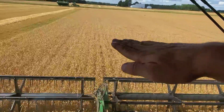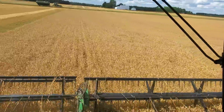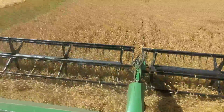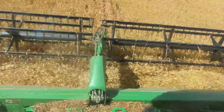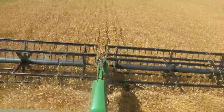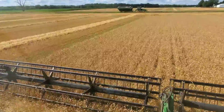Now they're kind of on varying levels. Some of them are up, some of them are down. There's some height variation there, so you've got to cut some of the stalk and the stem off and pull it through the combine. But the less material you run through it, the faster you can drive and the better job that the combine does. So with beans, we run our head in what's considered a flex mode,